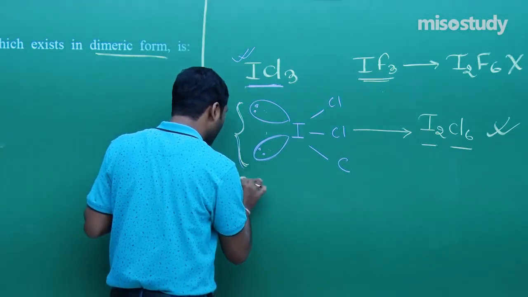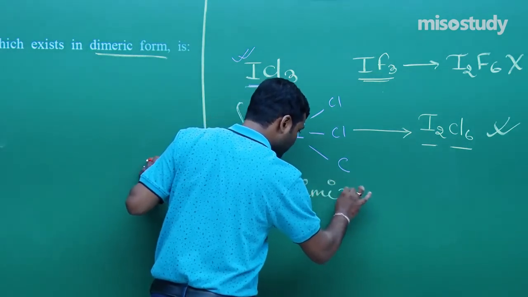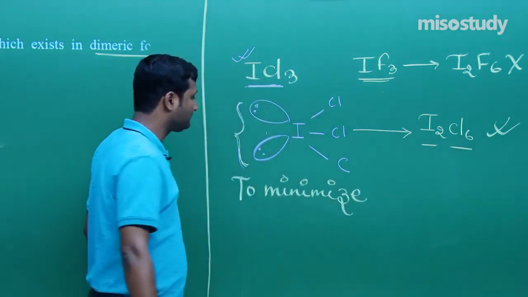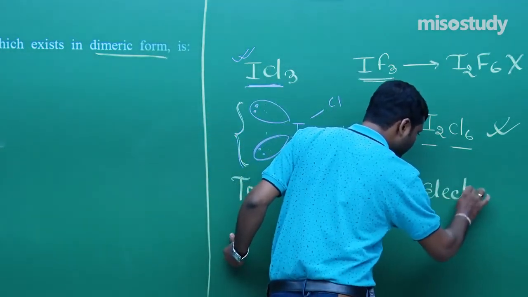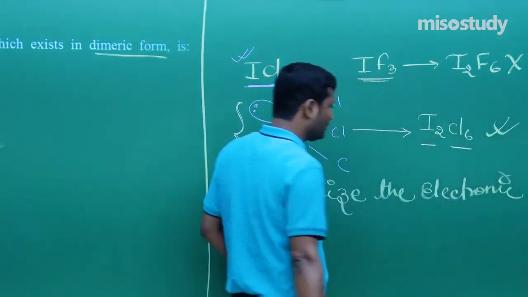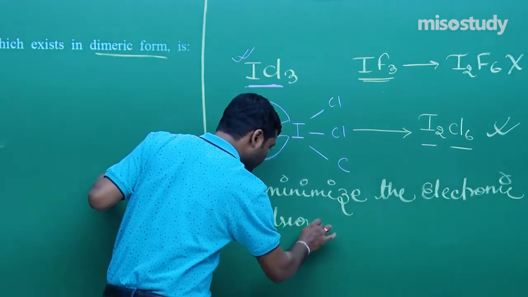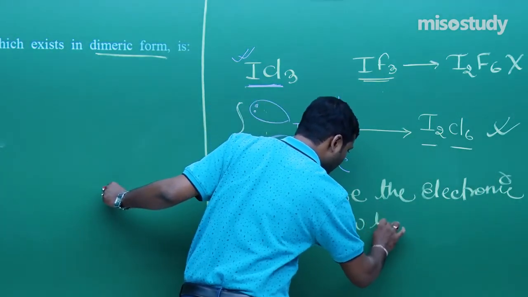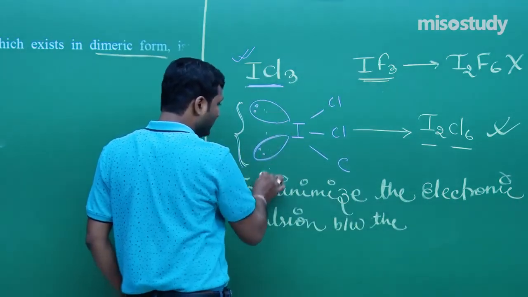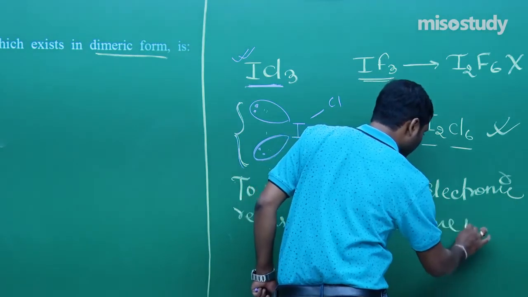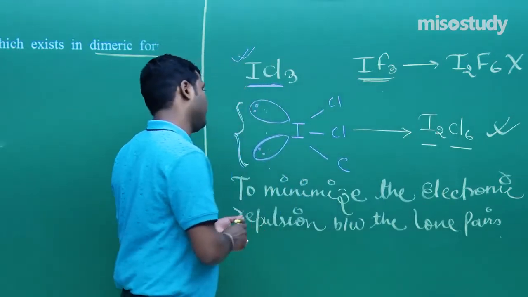Write down, to minimize the electronic repulsion between the lone pairs, they dimerize to form a dimer, that is